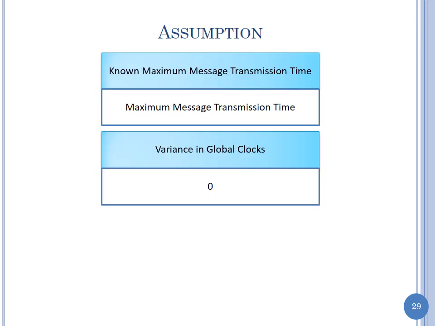And then we said that the algorithm that Jason and Chris and David and everybody got together said that, look, let's assume that we have a maximum message transmission time, and somehow the sending time was important to the receiver. That must mean that there's 0 variance in global clocks. Okay, so we assume there's no variance in global clocks,